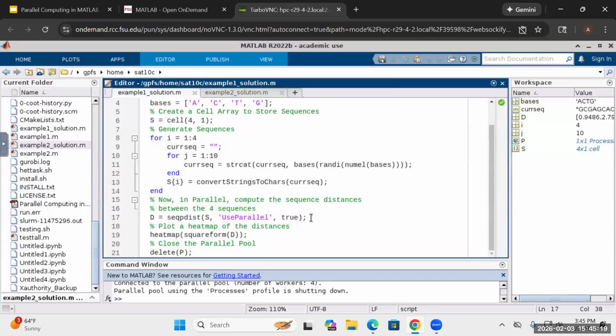I think each process is picking a certain sequence and computing the distances with the other ones. Yeah, my guess would be, if I had to guess, that they're doing that, or that each one gets a copy of one, and then they each do it, then do it again. Yeah. So, are there any questions